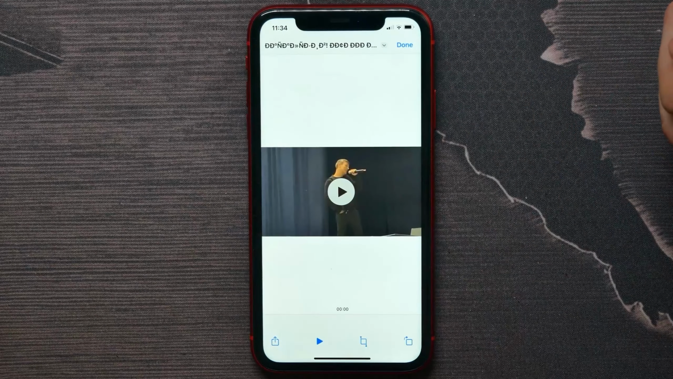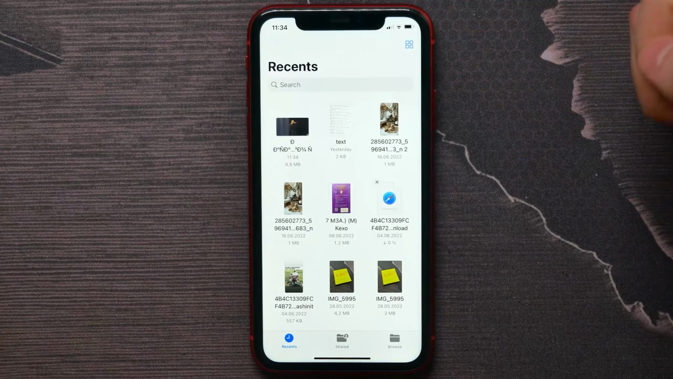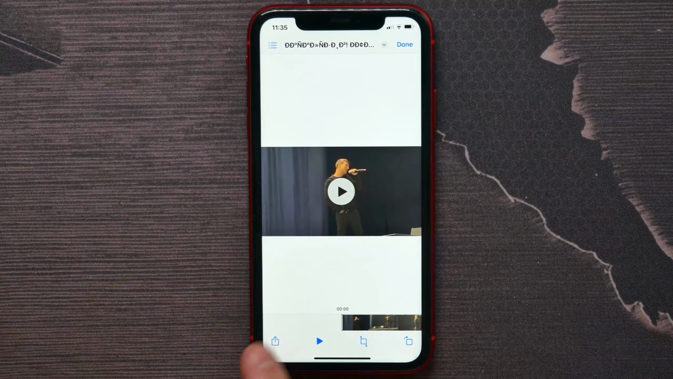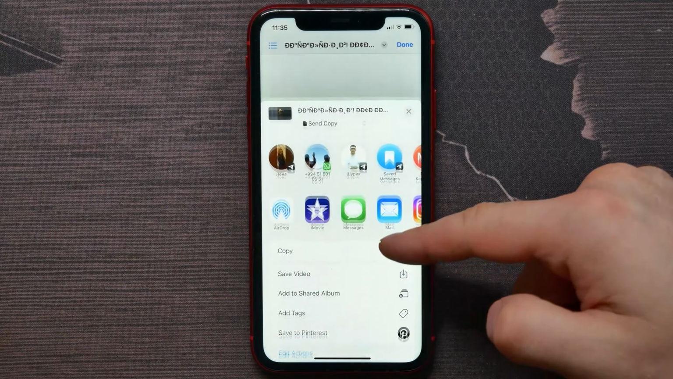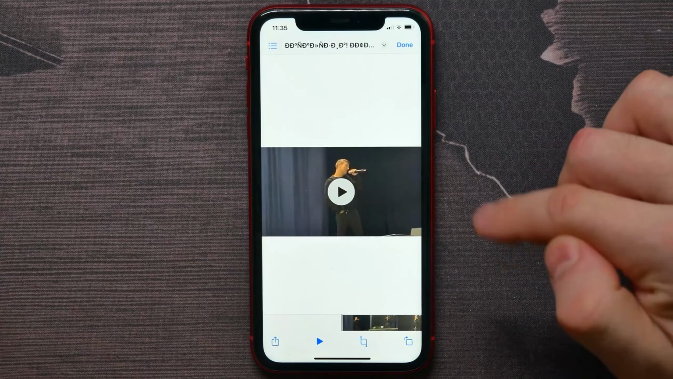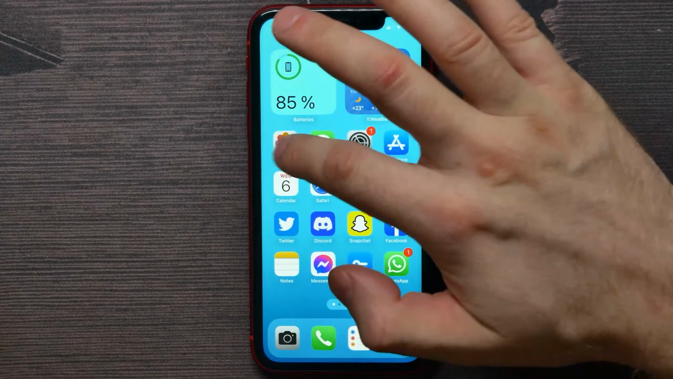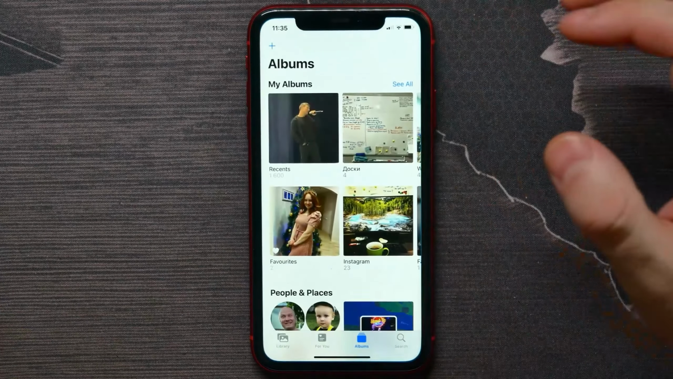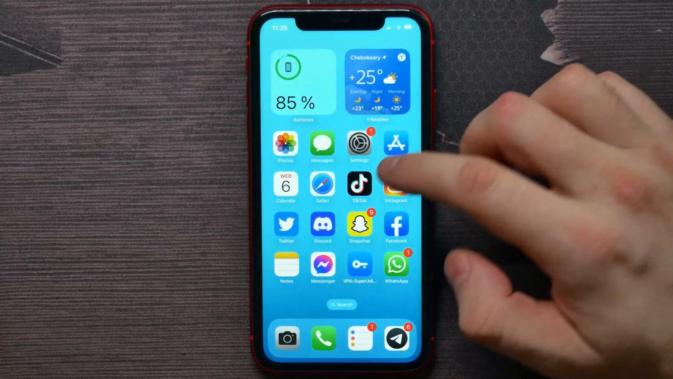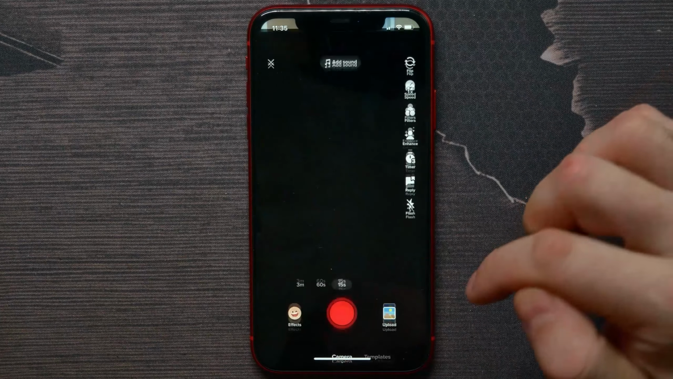I can open up files and there is that file. I can open it up and there hit on the share button, and on that screen select save video to save that video to my phone's gallery. Now I can check that. Open up my photos. Here is that video, so now I can open up my TikTok, hit the plus icon